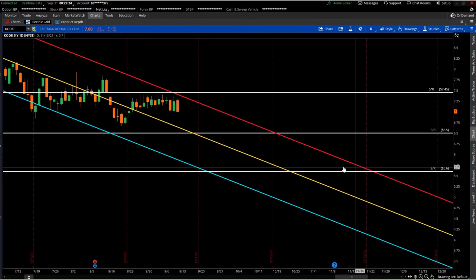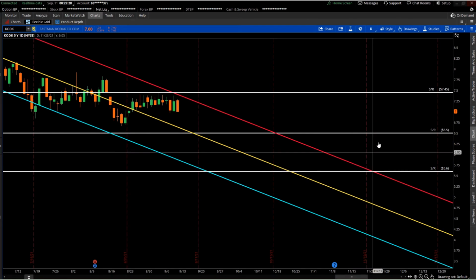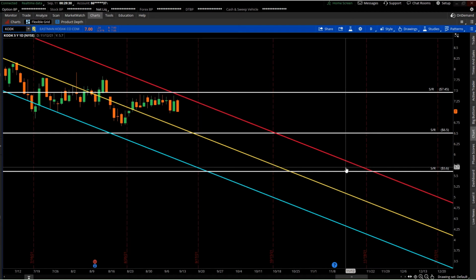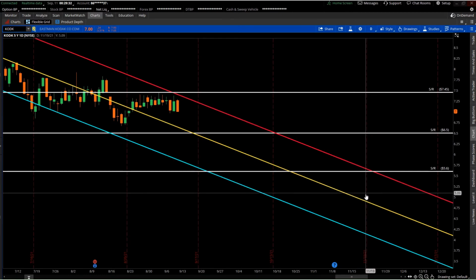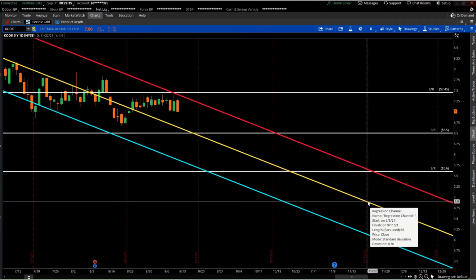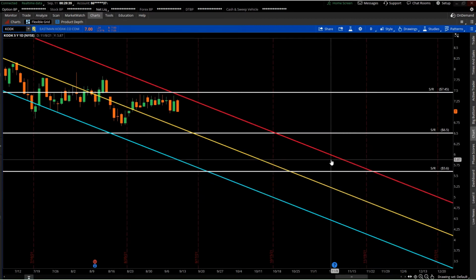So here, at this point, price could now make either a push back towards 6.50 or could take another leg down towards this area of $5 or $4.94. But